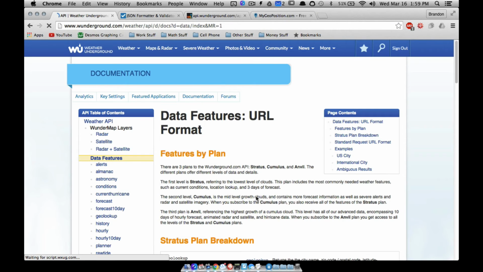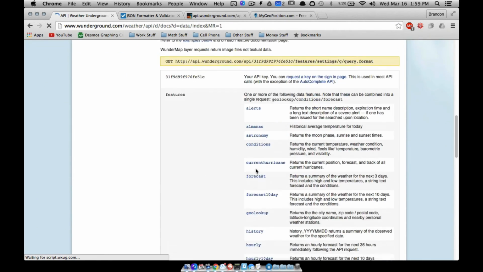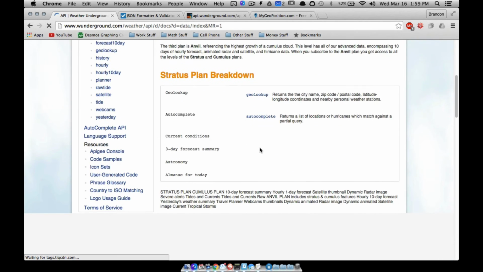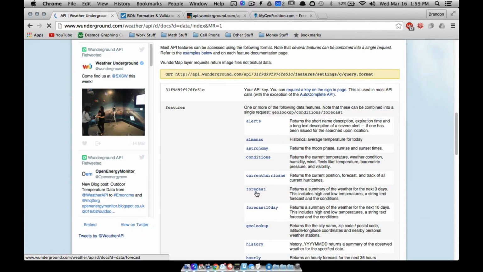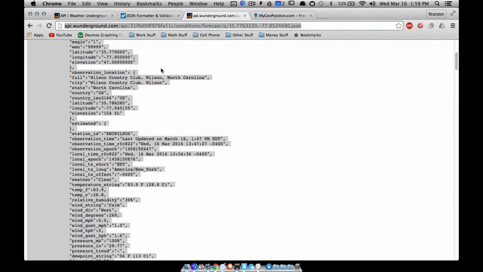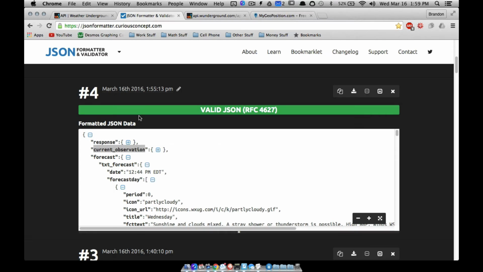I bet this has already gone away. No, it hasn't. I'm doing the conditions and the forecast, which is this one here and this one here. You can't get the 10-day forecast unless you're getting the paid one. But nonetheless, you can separate them with a little backslash to get multiple pieces. So with that said, now